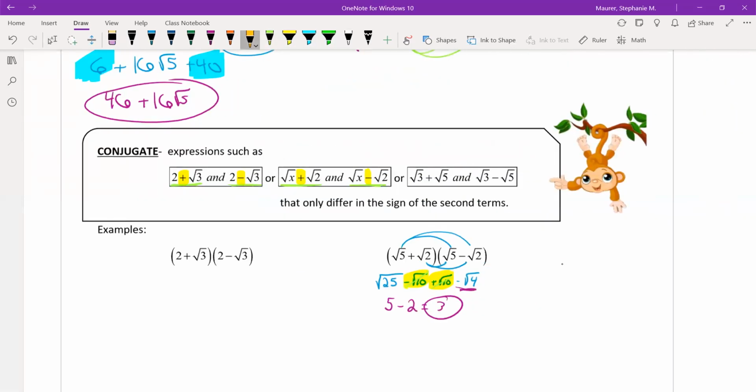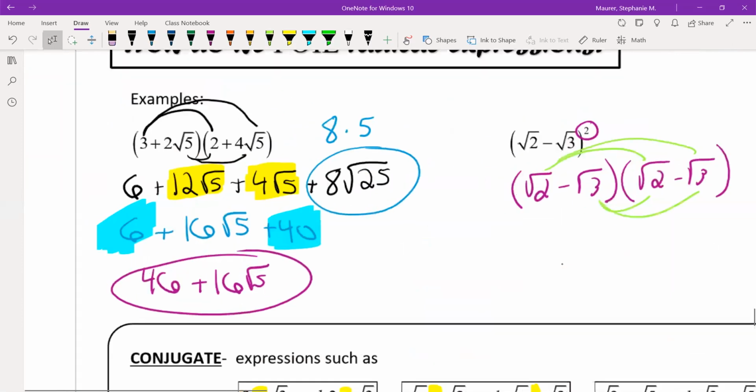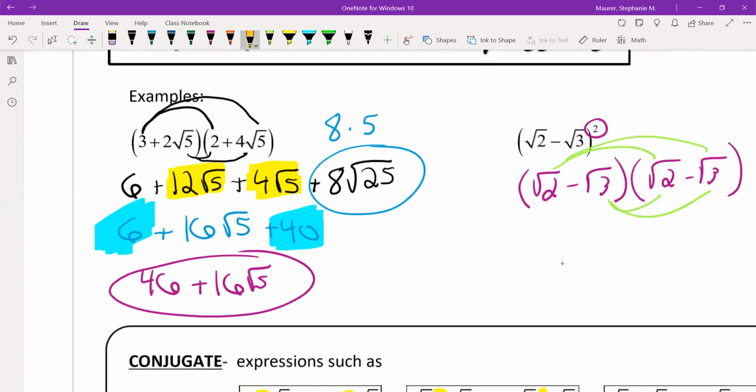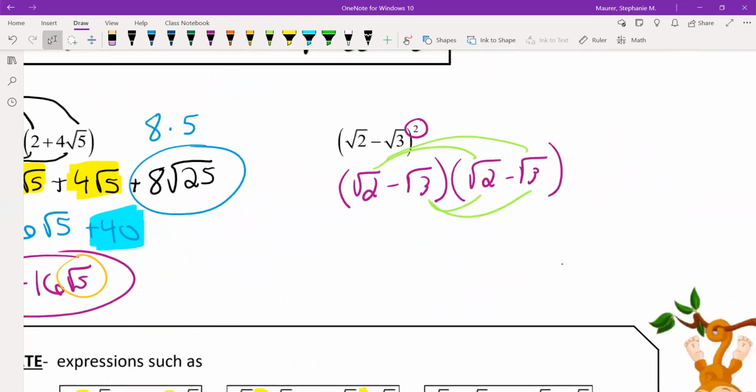So check this out. When you do a conjugate, this is a big one, you will always get a whole number as your answer. Versus a non-conjugate, so looking at the problem up here, this is a non-conjugate because these are not exactly the same, with one being positive and one being negative. You do not get a whole answer. You actually get a square root involved there. If we did this problem, it will also give you a radical in your answer